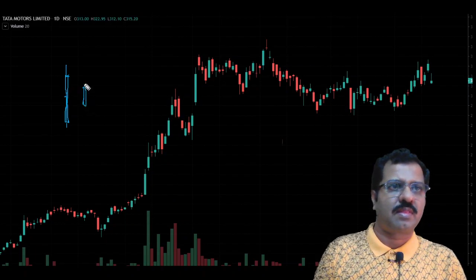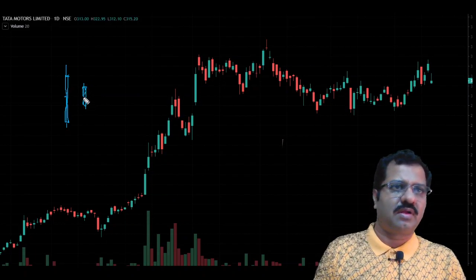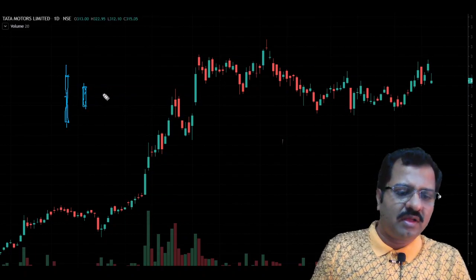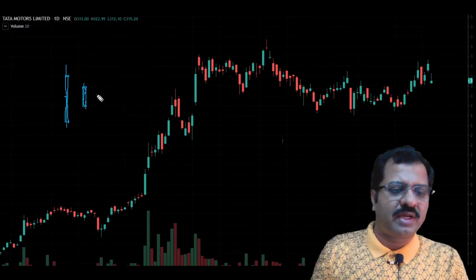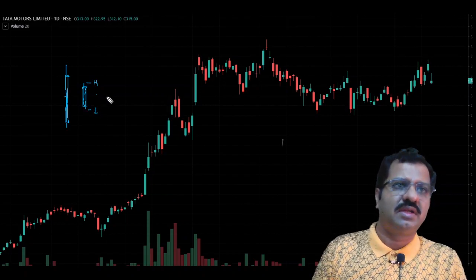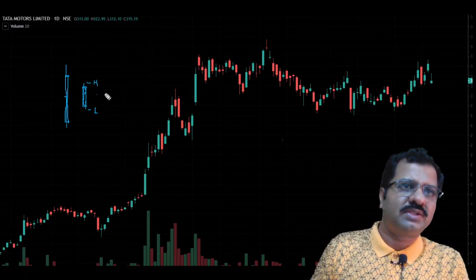Okay, something like this. The candle can be of any type, any color. This is the high, this is the low of this candle, right? If the price opens in between these, if the price opens somewhere here, and if the price starts going up,